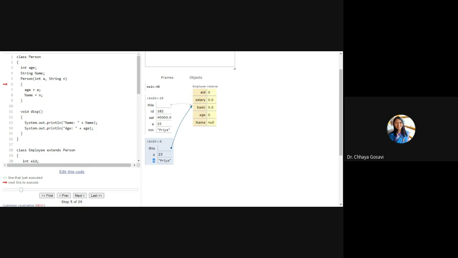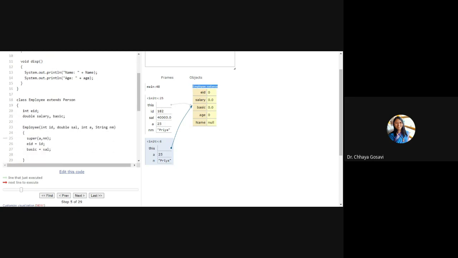So Priya is copied here, 25 is copied here, and that will get copied into the employee instance for the employee object. The employee object has ID, salary, basic, age, and name. It is similar to these variables being defined in that class itself. You can see these variables are not defined anywhere else. These are part of that particular object.